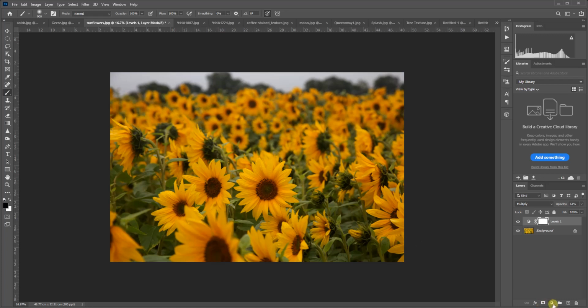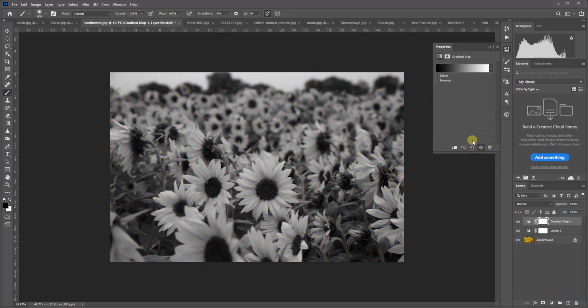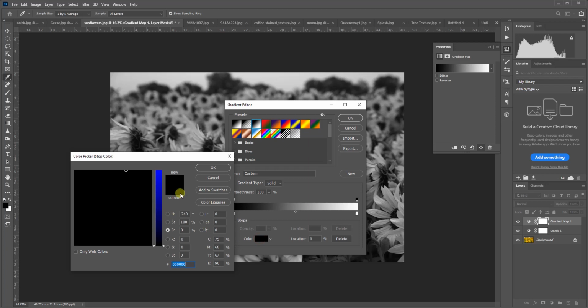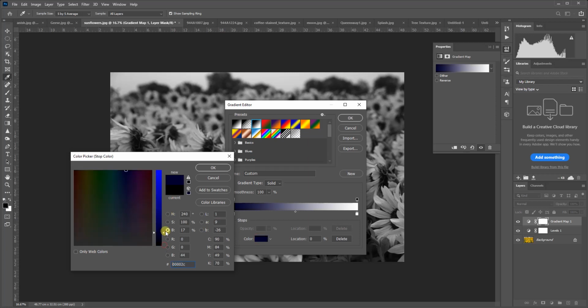So I'm going to create an adjustment layer, but this time a gradient map adjustment layer. And in this case, I'm going to choose a black and white gradient. And this is quite a useful feature. So choose a black and white gradient, about the third one along. Now what we want is we don't want it to be absolute black, and we don't want it to be absolute white. So click on the color stop for black, and click on the color, and we'll basically choose a dark grey. So just change the sliders,